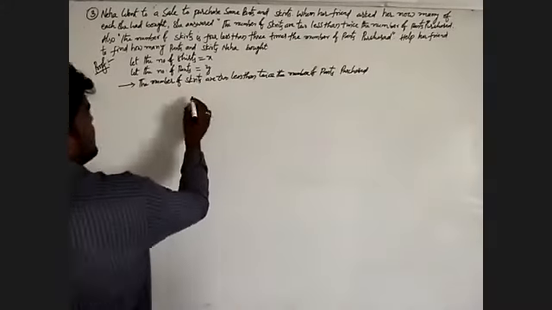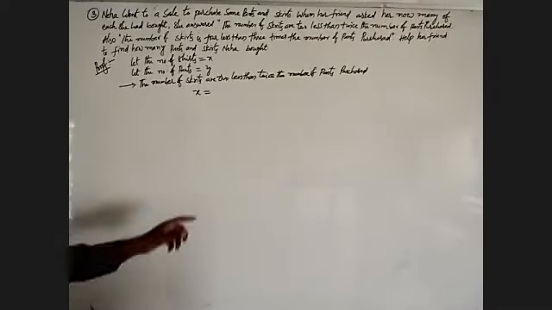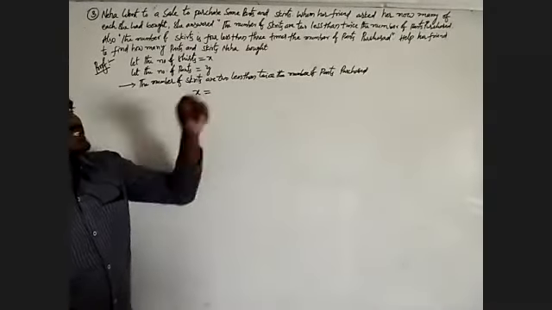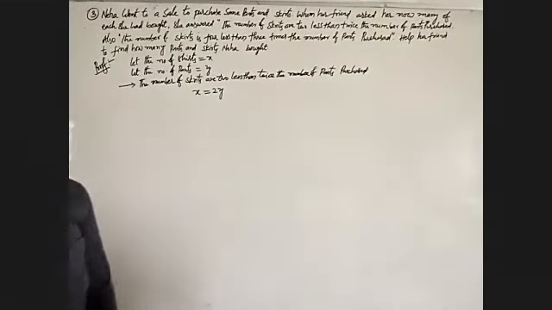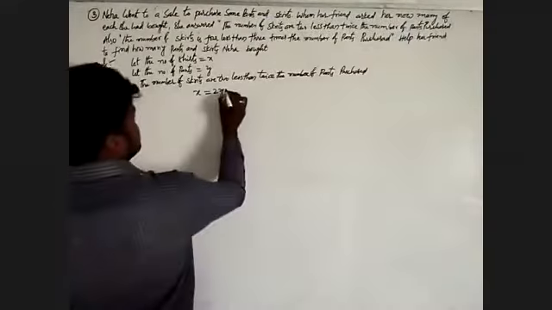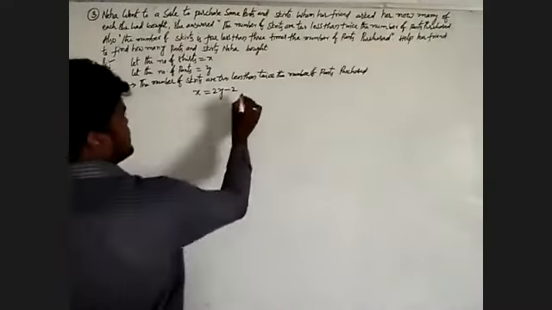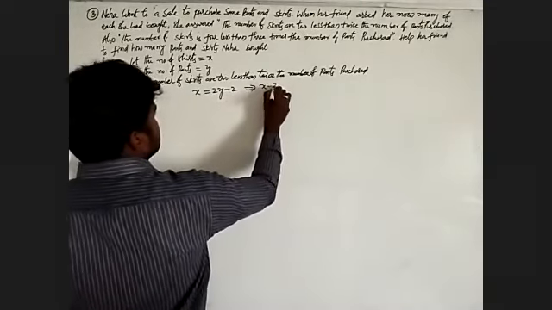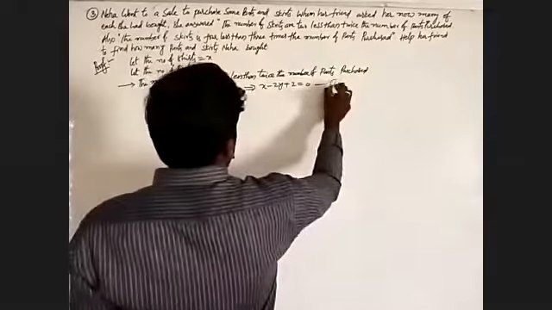That means the number of shirts is equal to x. 2 less than 5 times the number of pants. Twice the number of pants means that we have to take 2y. Less than means we have to take minus 2. That means x is equal to 2y minus 2. This we have to write as x minus 2y plus 2 is equal to 0. This is make equation number 1.